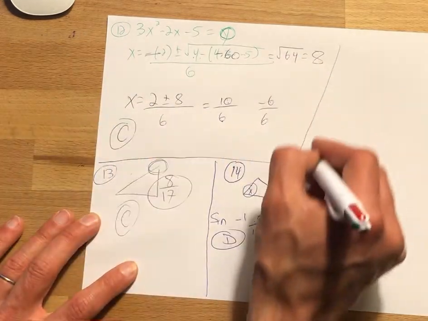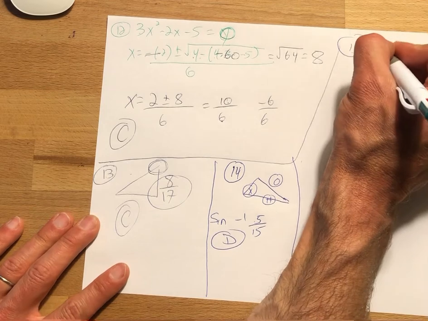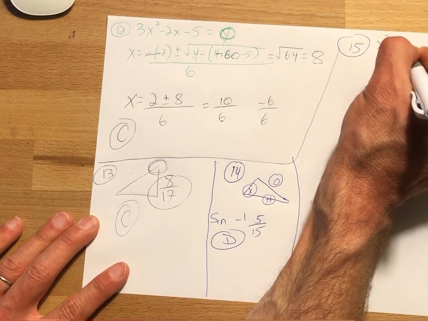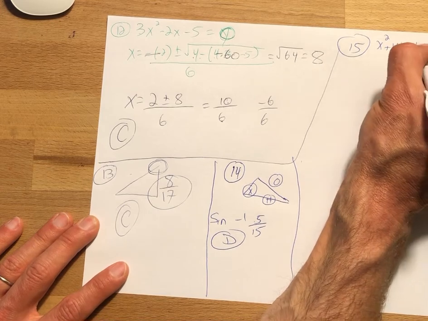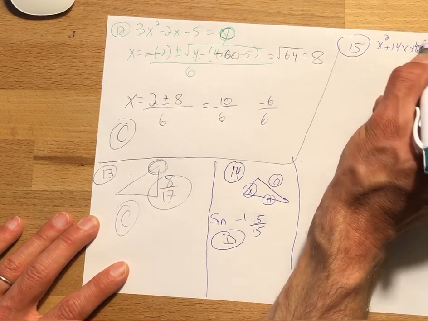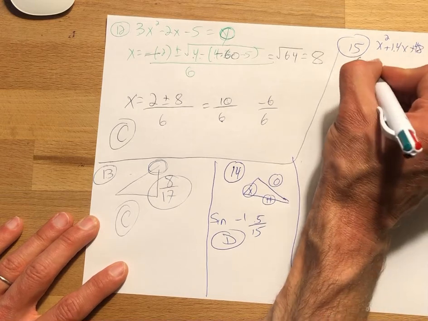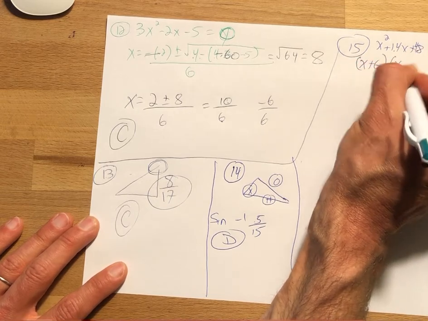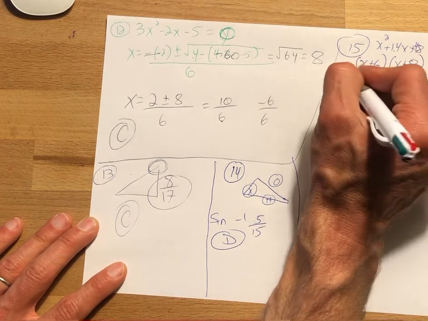And the very last question, number 15. Factor x squared plus 14x plus 48. Two numbers that multiply together to get 48, add together to get 14. Well, it kind of rhymes. 6 times 8 is 48, and 6 plus 8 is 14, which is letter choice